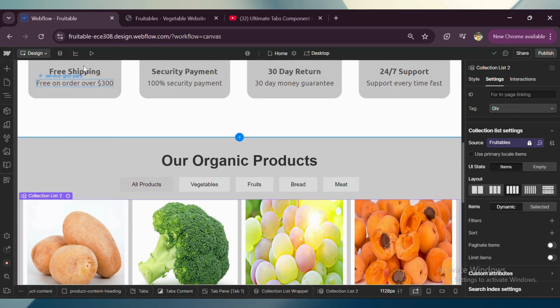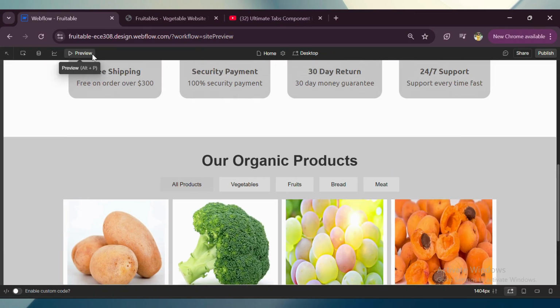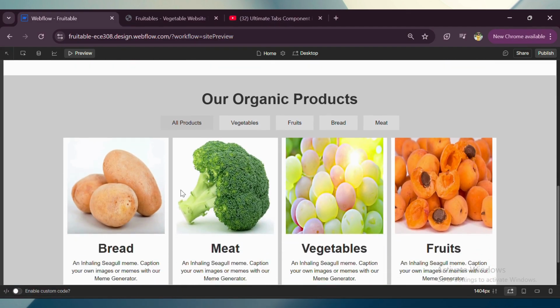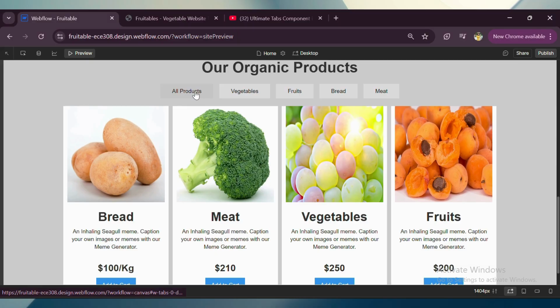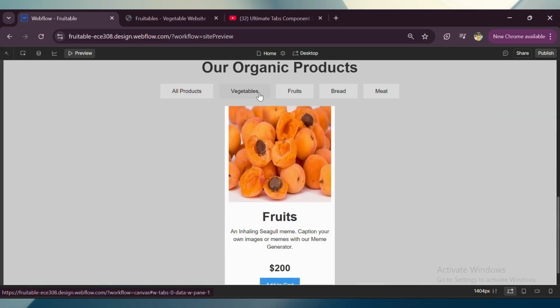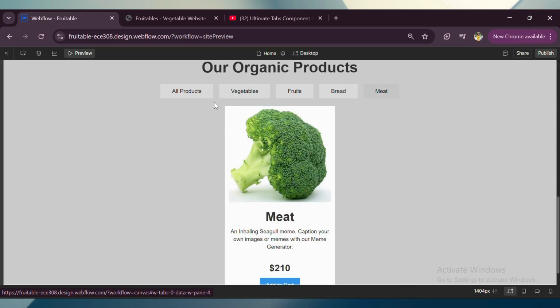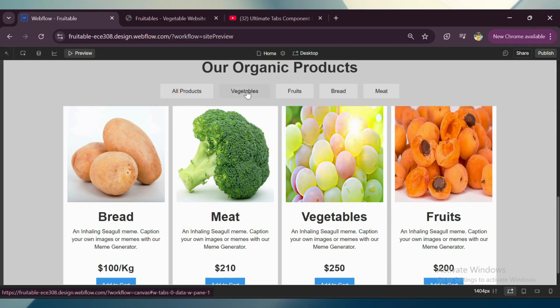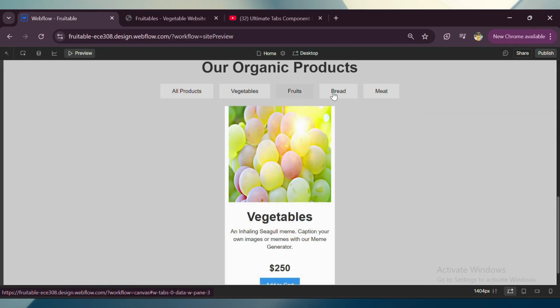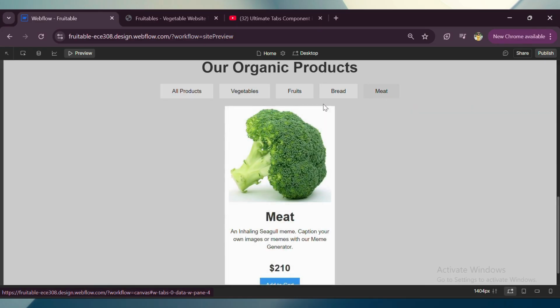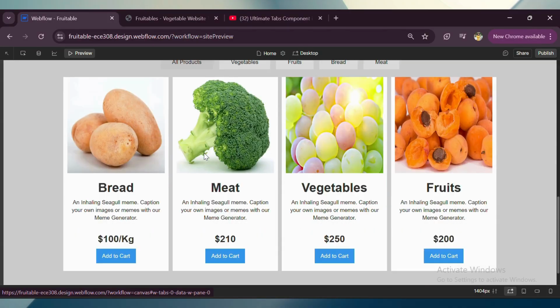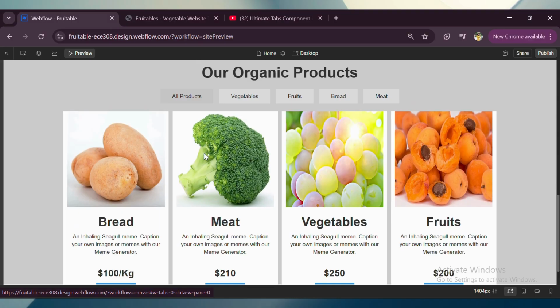Now let's go and view it before we go. You click on your preview. This is all products, right? So you click on vegetables, fruits, bread, and meat, and this is how we can achieve filter in Webflow without using any third-party app. You see, it's this simple and easy. You can add your animation and whatever you want to make it even more beautiful. All right, thank you for